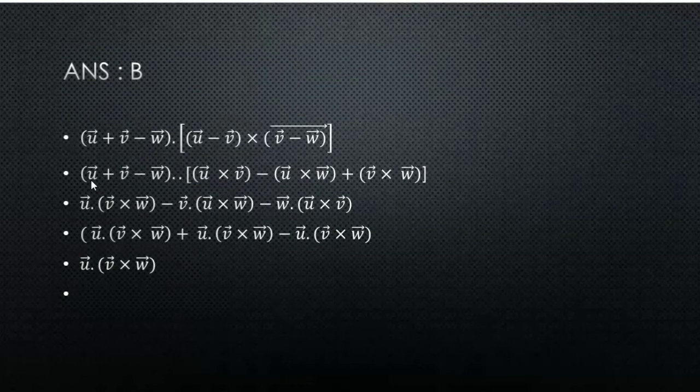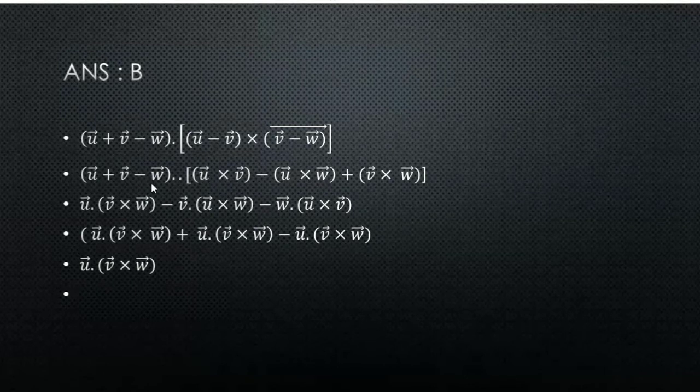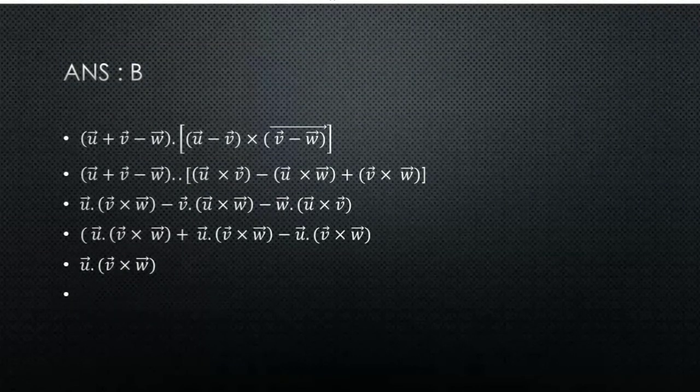So here you can see this is the scalar triple product, because here dot product is there, and here vector product is there. So it will give you a scalar triple product. Now if you multiply u vector dot u vector cross v vector, how to find the scalar triple product? You just need to find the determinant of those. First row, then second row, then third row, then you need to simplify so that you will get the determinant.